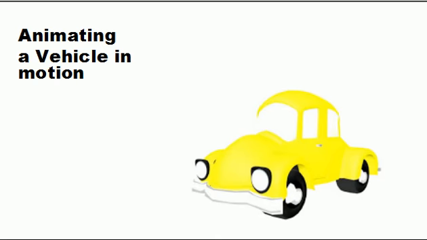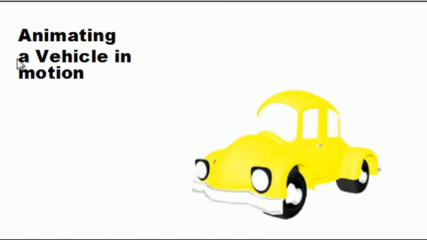Okay, so this is a very short theory video on how to animate a vehicle in motion. And there's lots of work in Soho, and in general in the visual effects industry, animating cars. The car that we're going to choose for this exercise is a little yellow Beetle. It's kind of a cartoony car, so it's kind of fun to do. I'm going to suggest that you follow the tutorial and then go a little bit off-piste and have